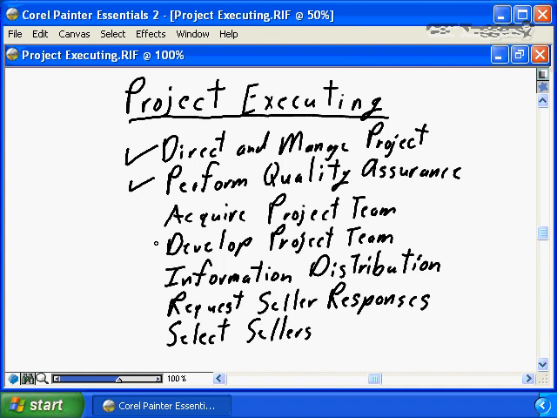Obviously, we need a team itself. So we need to go through the human resources aspects of acquiring the team, working with the human resources department to ensure that the right team members with the right skills join the project at the right times. So if your human resource plan said you needed 2 analysts at the beginning of the project, 3 more analysts 3 months into the project, a designer 4 months into the project, and 5 developers 5 months into the project, acquiring the team is working with the human resources department to ensure that those resources with the skills required join